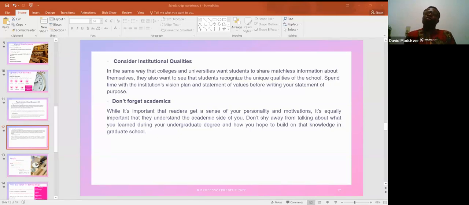So even if you do all this and they are not contacting you, keep on sending. From time to time, send a reminder to them. Most times they can forget. So you can send a reminder, maybe after a week, if you didn't hear from them. You can say, dear professor, I wish to send a reminder about my earlier request. I've not heard from you, and I would appreciate a response from you in this area. So the person might say, okay, and with the second email, he or she might remember that he didn't reply to your previous mail and send a response to you.